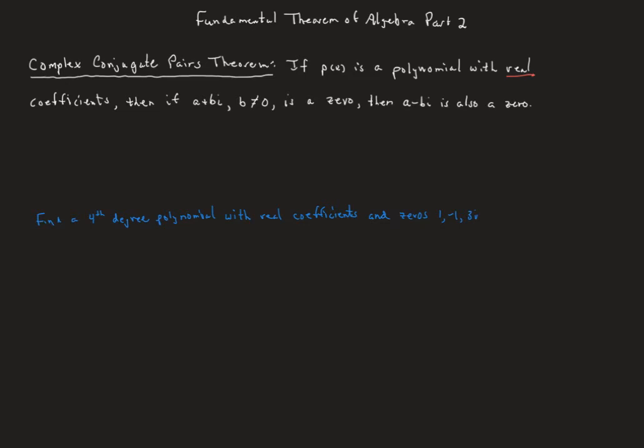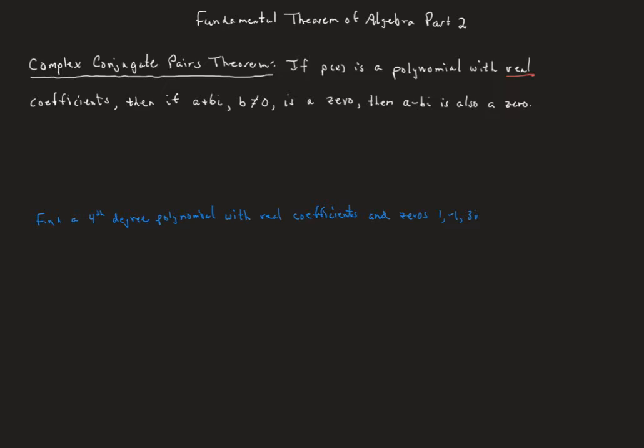We're continuing our discussion of the fundamental theorem of algebra. This is part 2. And what I want to talk about first here is what's known as the complex conjugate pairs theorem. It says that if we have a polynomial and it has real coefficients, that means all the coefficients